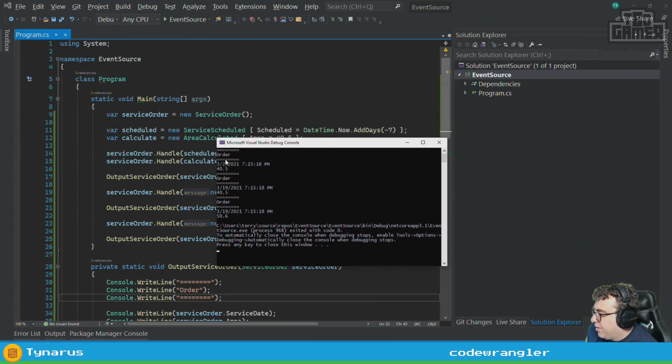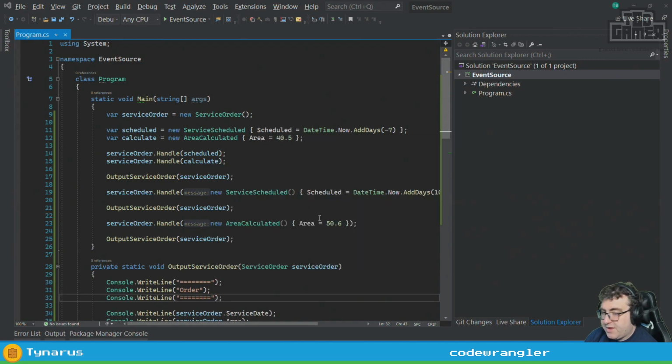So we have the order was originally scheduled for 3.2, 40.5. Then we rescheduled it to 3.19. It's still 40.5. We didn't change that data when we sent the new event. And then we sent an event to say we're going to resize it to 50.6 from 40.5, right? So the schedule time still stays the same. So the actual order that we're presenting, the thing that gets printed on a sheet of some form, would be the culmination of these events happening, and not the